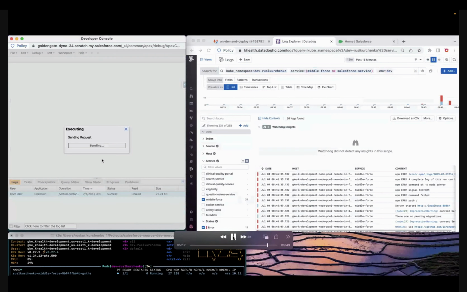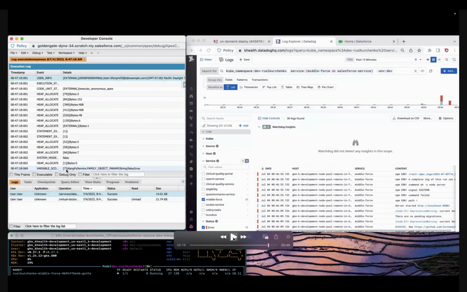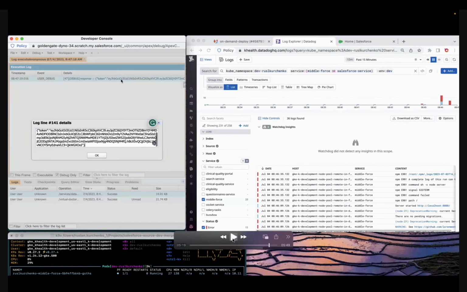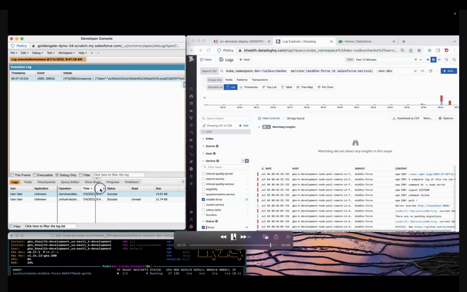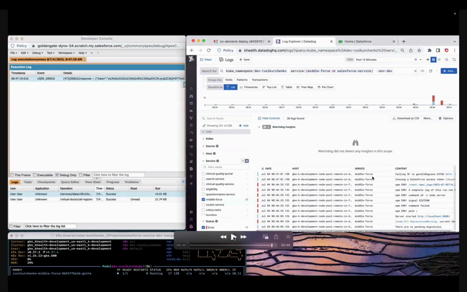Okay, so I just want to show you that there's a real connection. As you can see, I just executed the method and in real time it gets the access token from middle force, so it's basically connected. And on the right-hand side, you will be able to see the log about this: issuing Salesforce access token. This is what just happened. I used my scratch org that I just pulled, and I executed the method to issue the new access token from the service, which is just updated on my remote infrastructure.